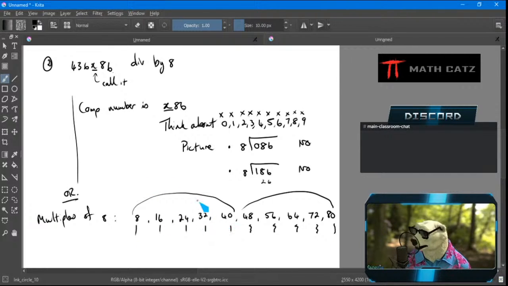It gets a little complicated. But you can look at the ones digit as well. So that's an extra tool that I can have. That doesn't always work, which is why it's not classified as a divisibility test,